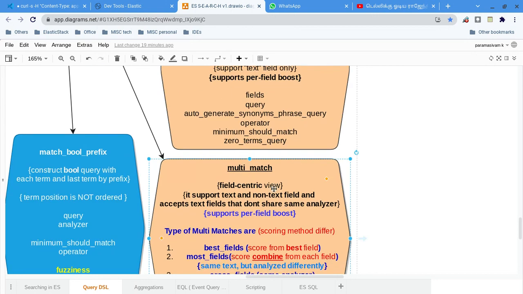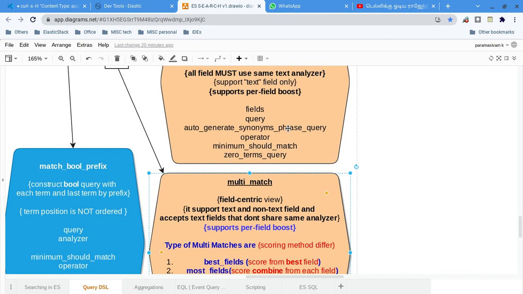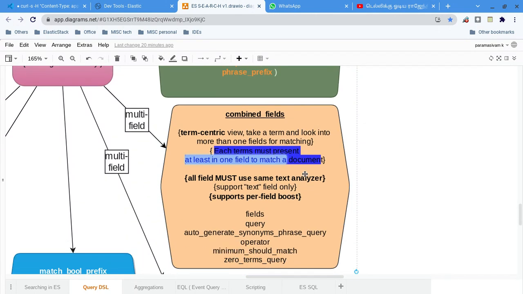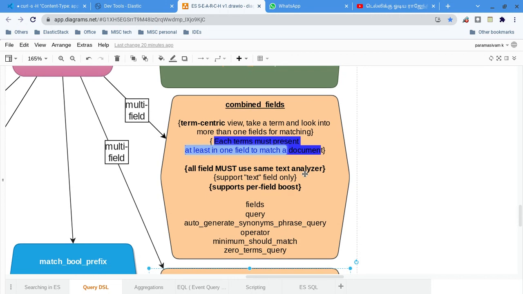What is the difference between these two? I have given a very detailed explanation in my previous video, but I'll touch on a few things about combined field.